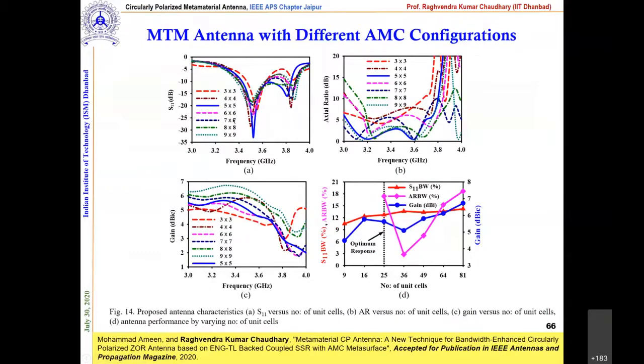You are free to use 10 by 10, but the thing is the concept of miniaturization will go on, correct? So we need to find a sufficient ground plane, or a reflector, so that we can get acceptable gain and all the things. So we ran the simulation, and we found that 5 cross 5 will not deteriorate your axial ratio, as well as the input impedance bandwidth, as well as the gain. So this 5 cross 5 we used, correct, and this is sufficiently large to back